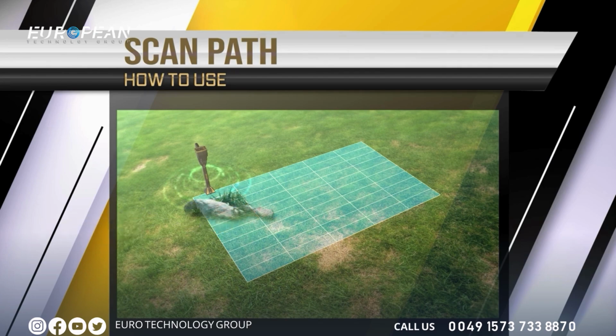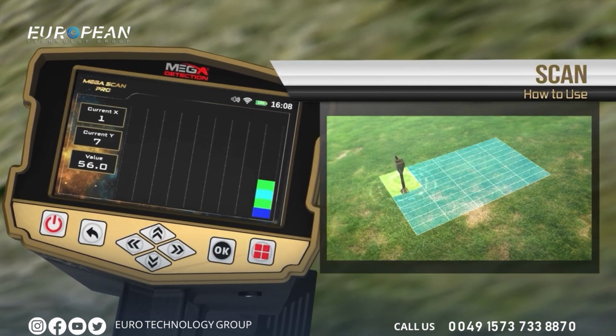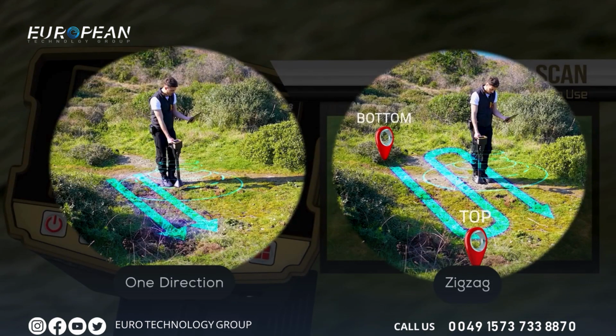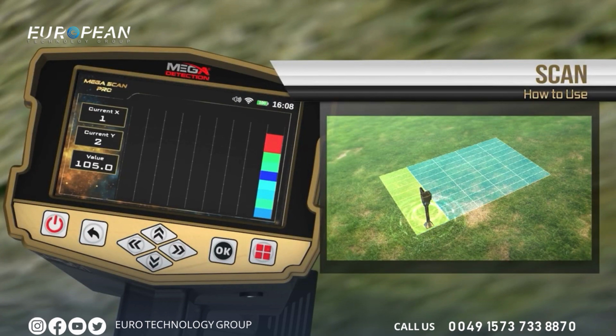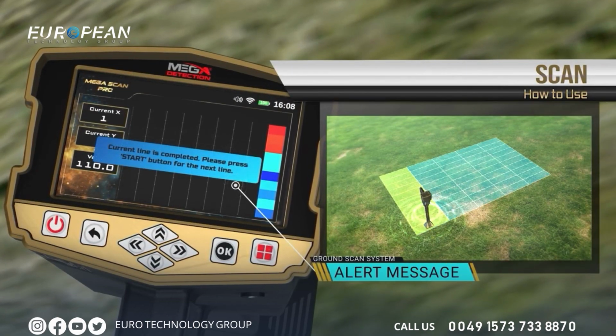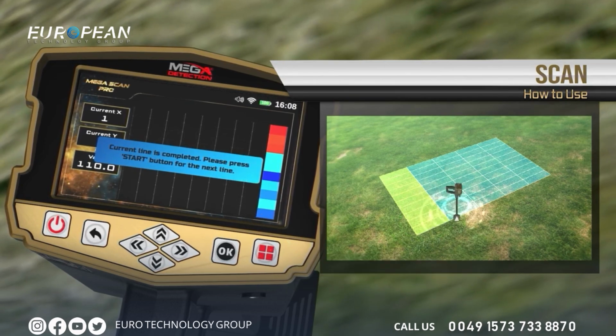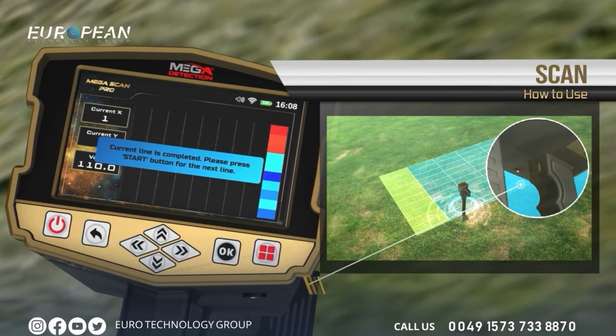If there is an uneven area of land, first clean the area and arrange it as flat as possible before performing the actual scan. Continue scanning step by step according to the scanning paths you selected, one direction or zigzag. After each line of the scanning process is completed, you'll see an alert on the screen, which means you have to start a new scan line. Change your position to the beginning of the next line and then press the Start button located under the handle